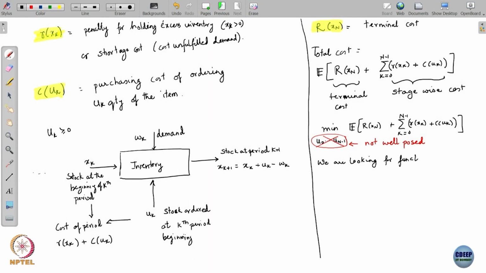We are looking for functions, and now let me denote these functions in the following way: mu 0 to mu n minus 1, right. So, mu 0 to mu n minus 1 such that